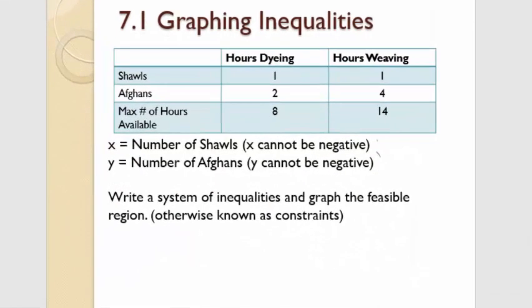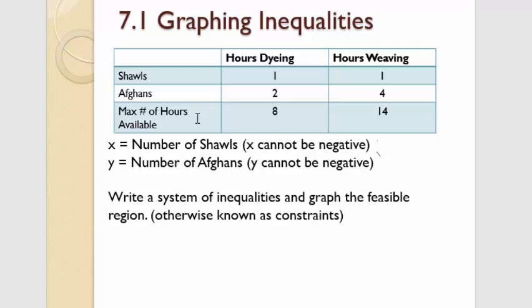So in this example, we're going to be looking at a company that produces shawls and afghans. This first row indicates the number of hours it takes to dye a shawl. The second number is the number of hours it takes to weave a shawl. The second row is afghans, and so it takes 2 hours to dye an afghan and 4 hours to weave an afghan. The third row is the maximum number of hours that you have available in the day to work